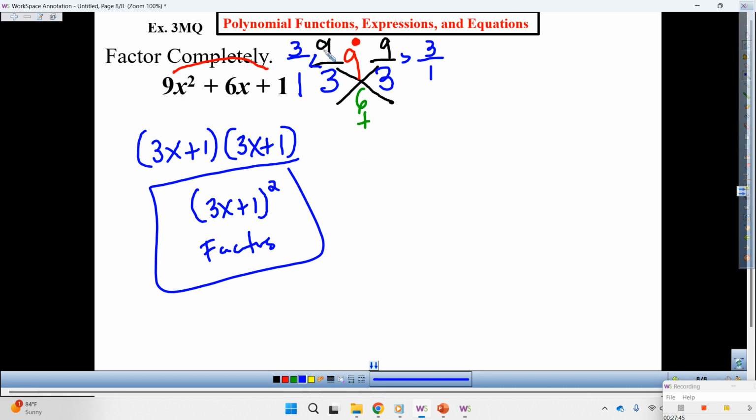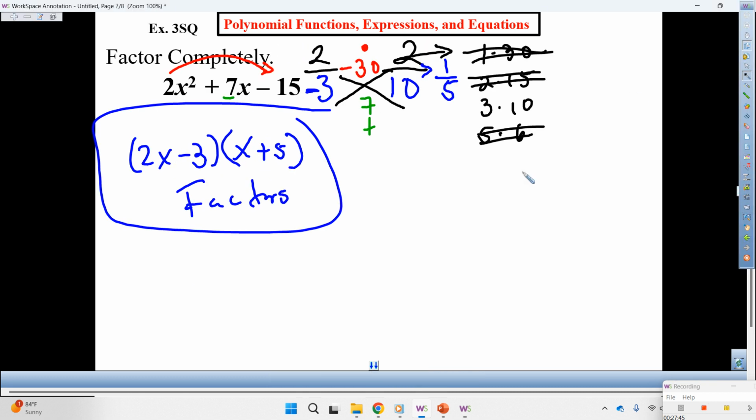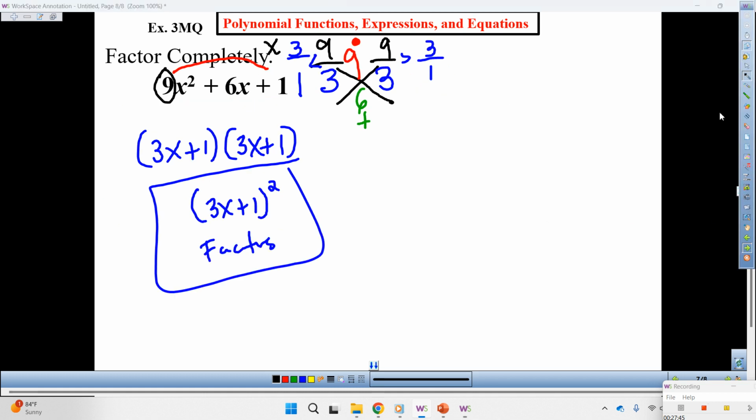This right here? Okay, so since we cannot just write x plus 3 and x plus 3 because we have a number in the leading coefficient, we write that over each of these factors and make it into a fraction. We reduce the fraction to lowest terms, and the number on top is always our x, and the number on the bottom is always our constant. Just like we did with the previous ones. Look at this one. The number on top is the x. That's why we wrote 2x. The number on the bottom is our constant. That's why it's negative 3. Yeah? All right? So, with that said,